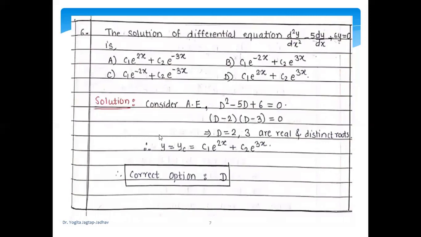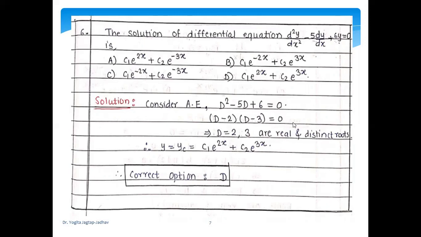Now look at the sixth example. The solution of the differential equation d square y upon dx square minus 5 dy by dx plus 6y equal to 0. Very first we have to consider the auxiliary equation, and by assigning d by dx as a capital D, the auxiliary equation for the given differential equation is d square minus 5d plus 6 equal to 0. By using factorization method, we can factorize this quadratic equation as